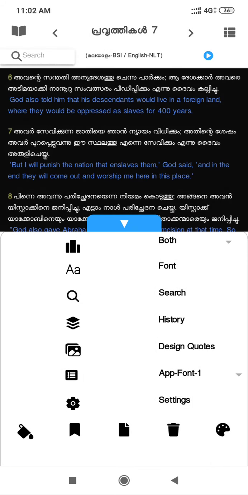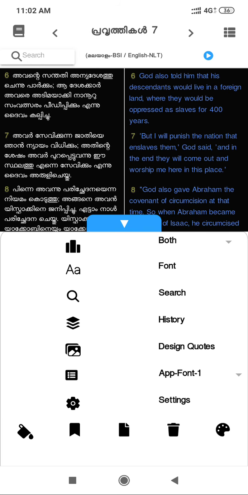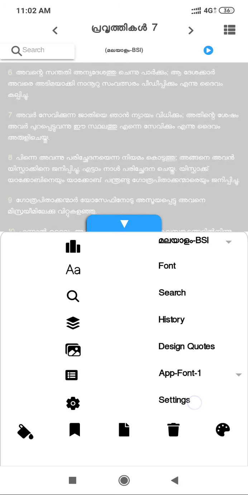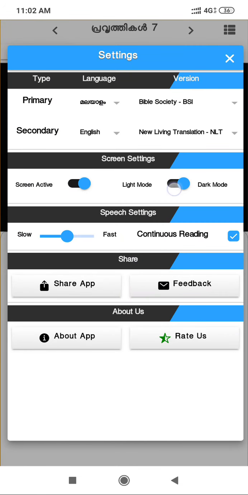This way it will show. It is useful at night time, so the brightness won't affect your eyes. That's why this feature will work at night time.